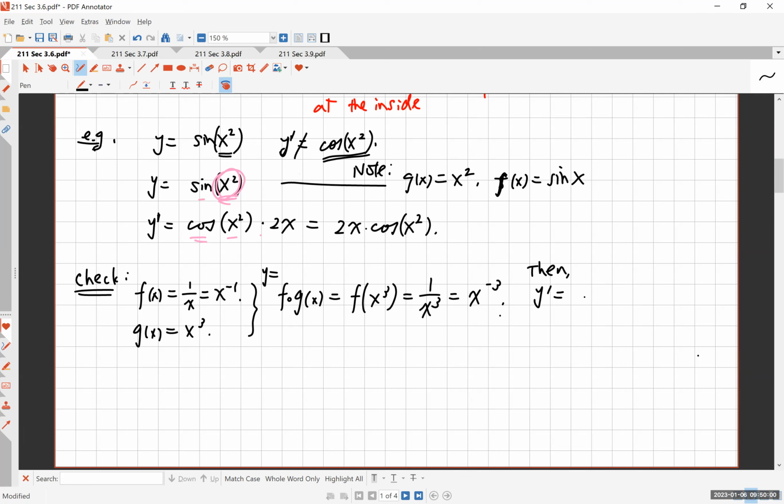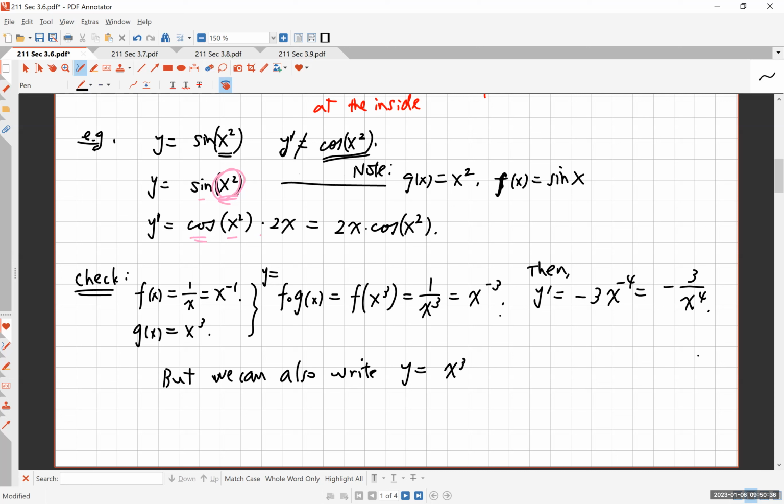That's the power rule applied here. So you have -3 times x to the -4, or you can rewrite it this way if you'd like. So that's not a problem. We can clearly understand that, right? All right, but we can also write y as, here's the way to write this, because you have f, the reciprocal, after the g, you can think